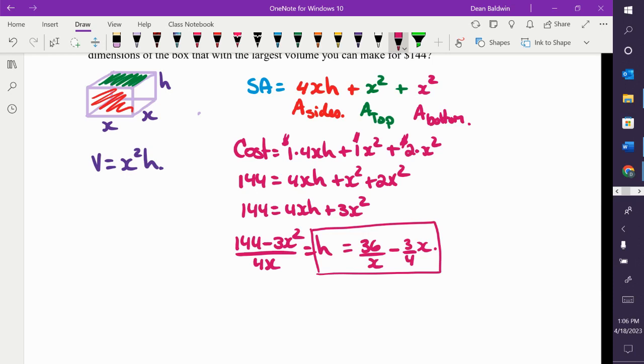Okay, where does that go? Into the volume equation. Right there. So I get v is equal to x squared